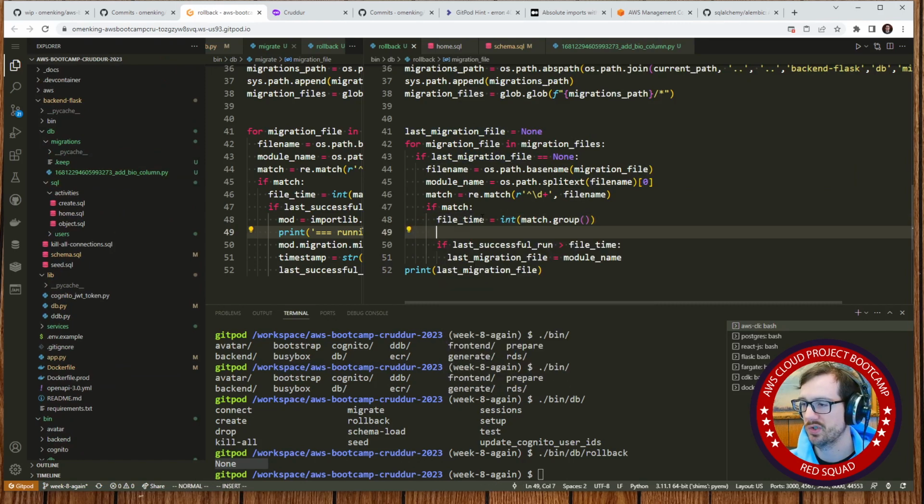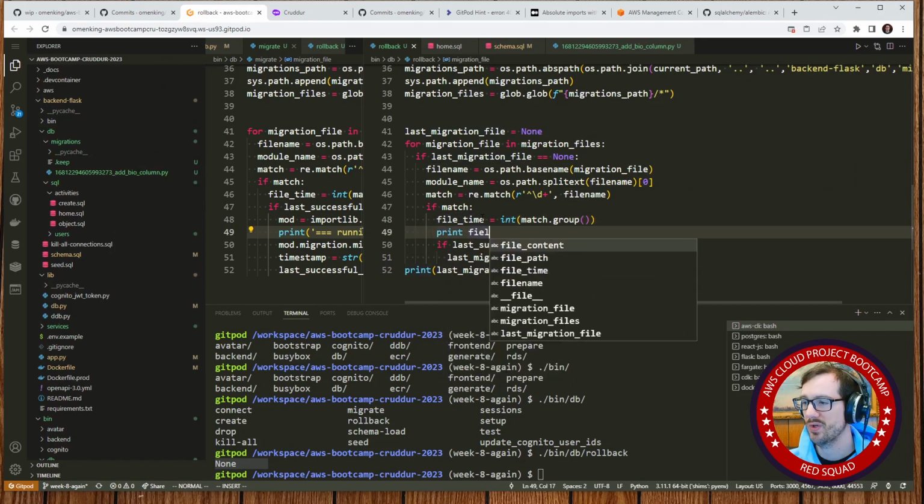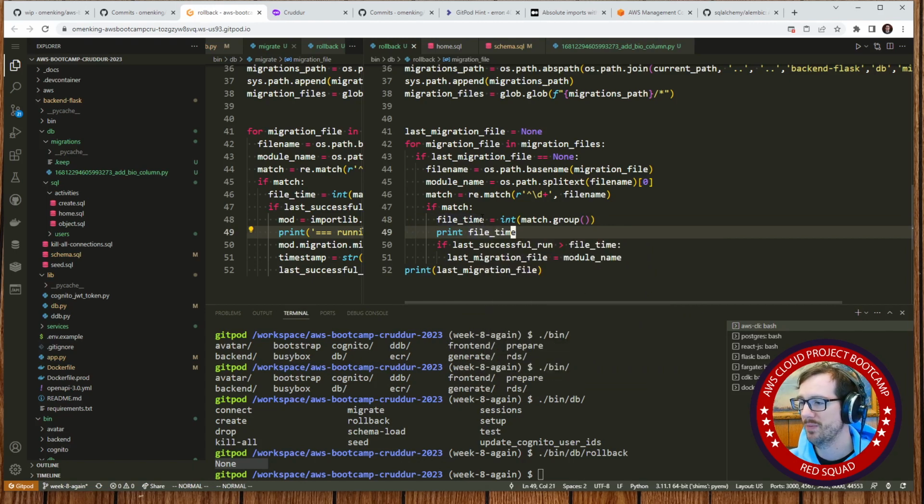So what I'm going to do here is just print out. I remember doing this quite a bit. We'll do a file time here, and I want last successful. I guess that would make sense. No, that actually is a value. Last successful